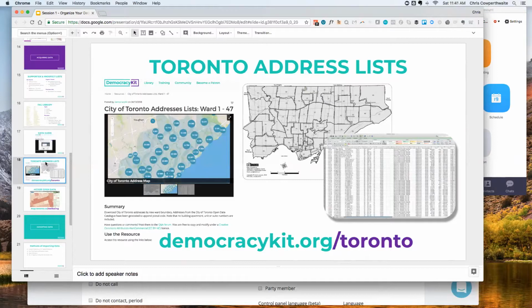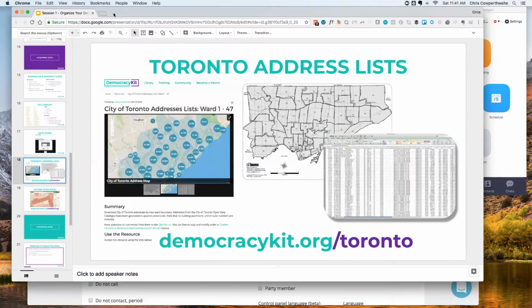So what we did is essentially add postal code and then, based on that, assign the new ward. It's a good data set if you have no other data and you need to start canvassing. You can go and download your ward or the wards around your area.